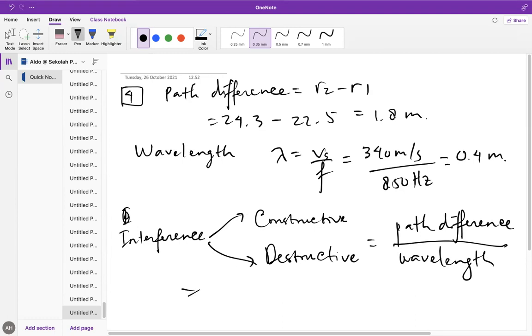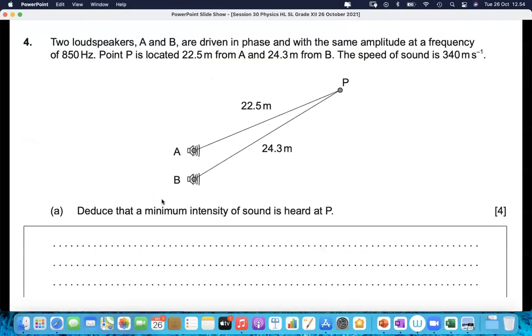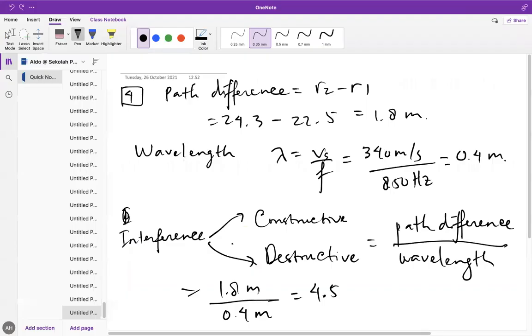The path difference is 1.8 meter over 0.4 meter, which equals 4.5. Not 4.5 meter, just 4.5 as a number. Now, 4.5 is the idea of destructive interference because there is a plus a half here. So instead of constructive, this will create destructive interference. So 4.5, the half integer